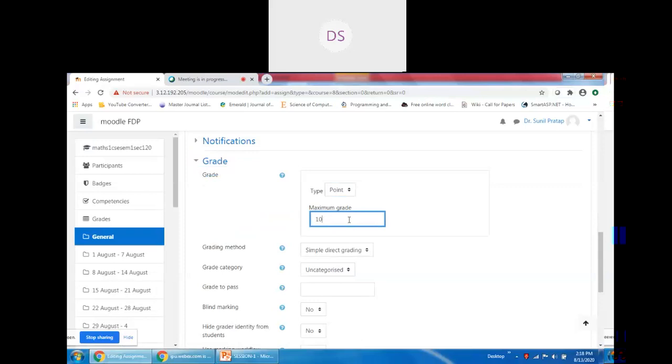As I discussed earlier, I will give 10 marks for this assignment. I might create other assignments for other units of the course, so it depends upon you how many marks or points you assign to each assignment. We will see this component for quizzes also.